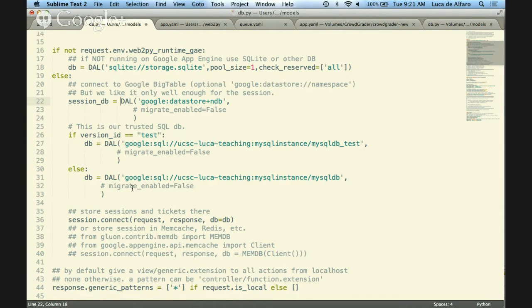The other consequence is that memcache is not promised to be always available. There are periods in which Google reserves the right not to give you any memcache. I think it happens very rarely, actually, but it happens. It happened to me every couple of months for 10 minutes. And in those 10 minutes, your users would be logged out at random. So in the end, it's not a super fantastic solution.